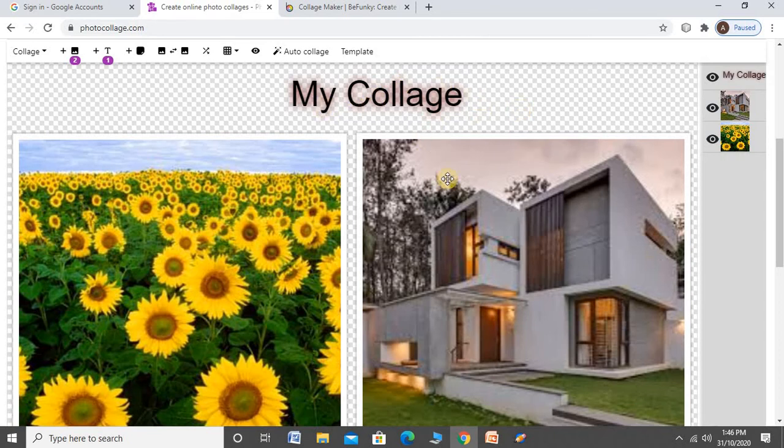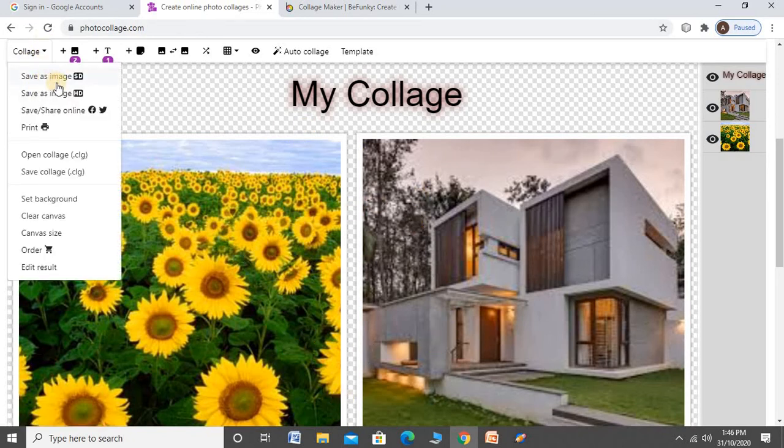Okay, once the changes and operations are performed, save it. Do the collage, save as image.